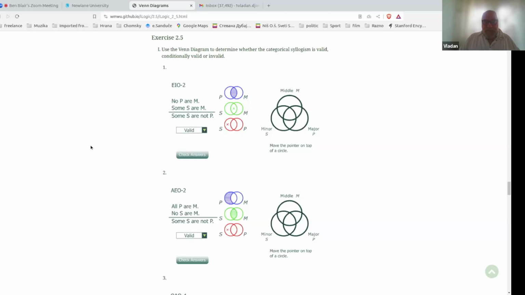This is an interactive site, and it can help you check whether a syllogism is valid or not. So to the right, where it says minor S, middle M, major P, maybe could you explain what's the use of minor, middle, and major? What's that terminology? This is terminology that people who are comfortable with syllogistic use to communicate easily. You're not obliged to remember those terms, but if you find them useful,